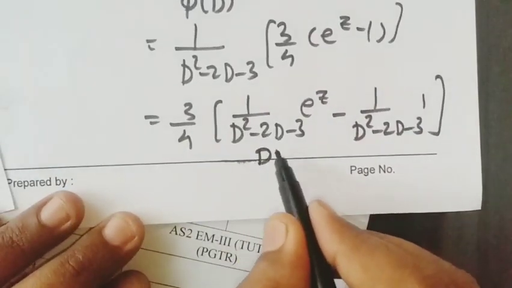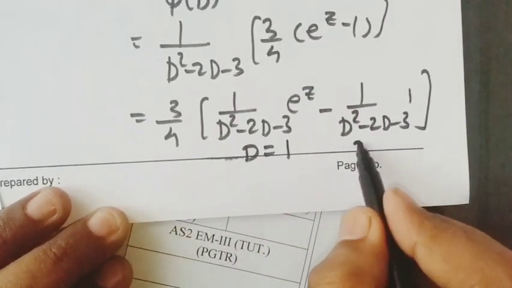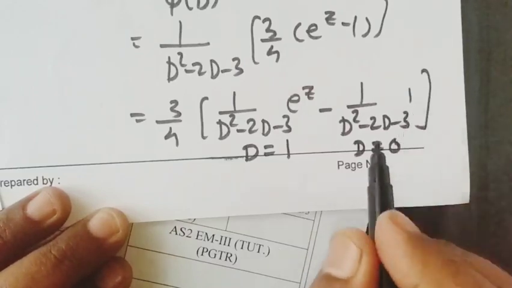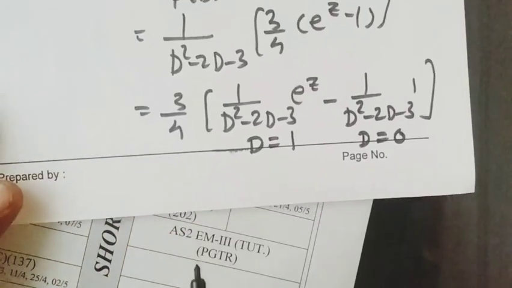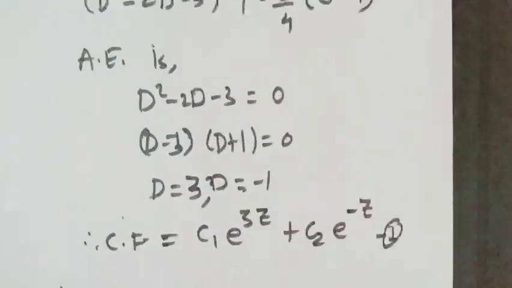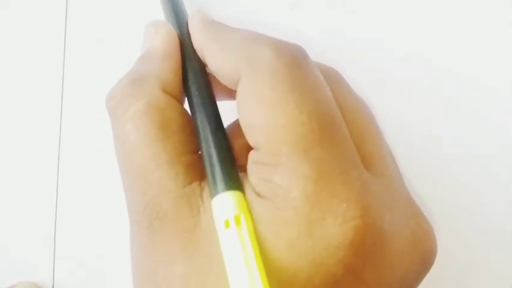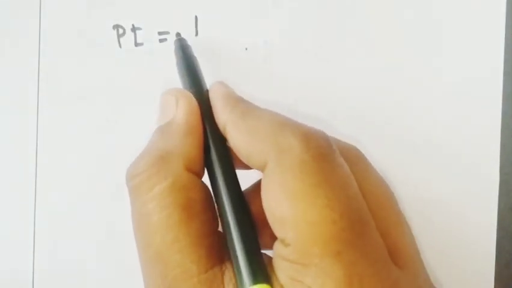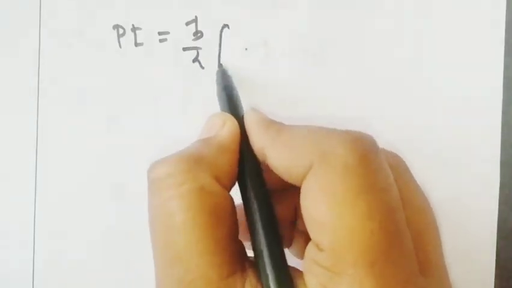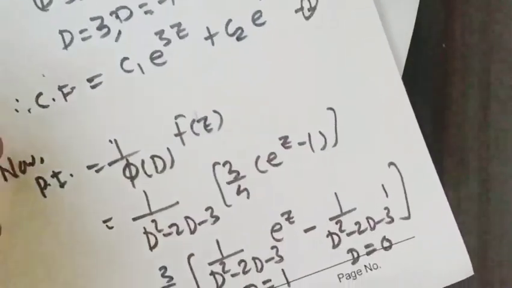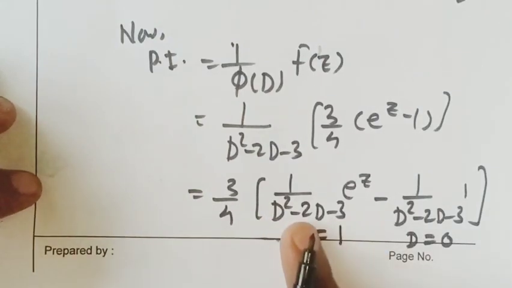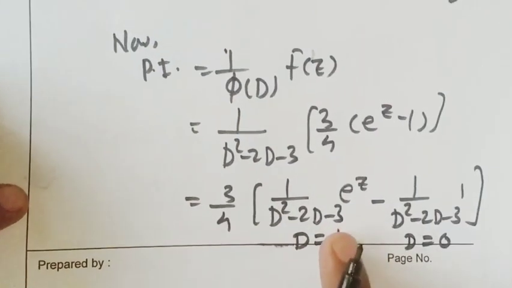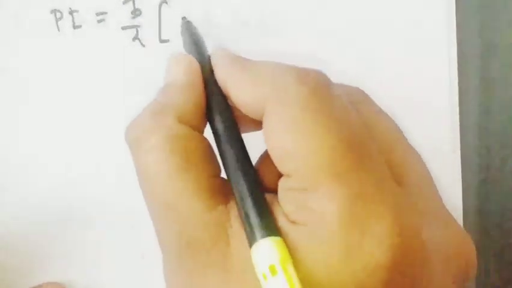Now for this we are going to replace D equal to 1. For this we are going to replace D equal to 0. This is the constant function, and here the coefficient of z is 1, so D equals 1. After doing that, we'll get PI equal to 3 by 4 in the beginning. If you replace in this polynomial D equal to 1, we'll get here 1 minus 2 minus 3, which is minus 4, so we'll get minus 1 by